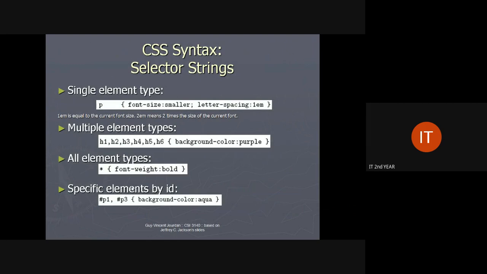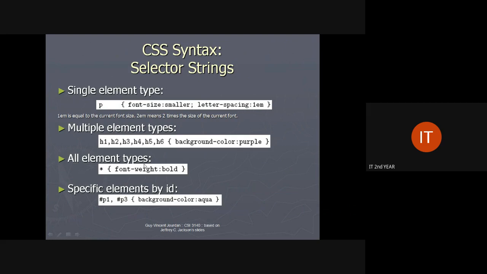And there are various selector strings: single element selector, multiple elements selector, all elements, and specific elements by ID. Single element type is for a particular tag we are providing the styles. Multiple means various types of tags, that is H1, H2, etc. We can separate them by commas and provide the styles.